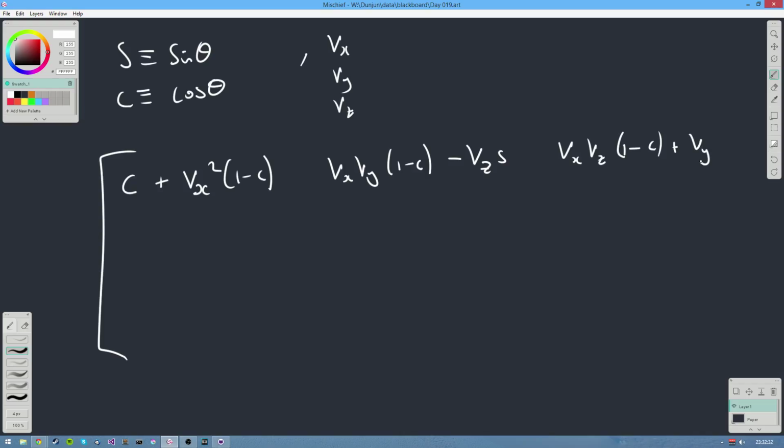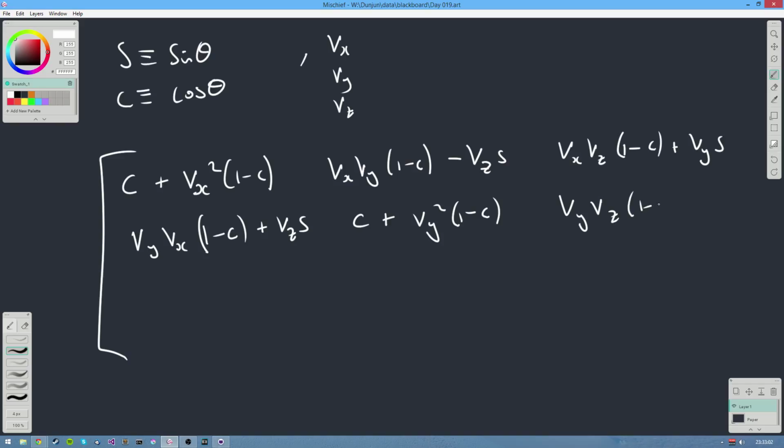plus Vys. Go on to the next bit. We have Vy, Vx, and these are just the values, not the actual things. 1 minus c plus Vzs. Then we have c plus Vy squared of 1 minus c. You can see what they're doing on the diagonals, can't you? You got Vy, Vz of 1 minus c plus minus, in this case,